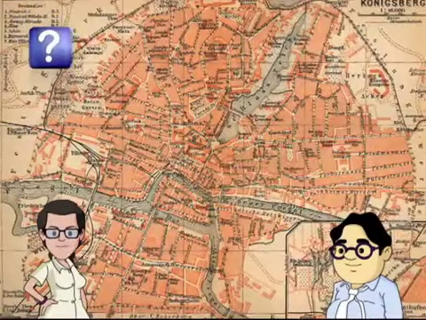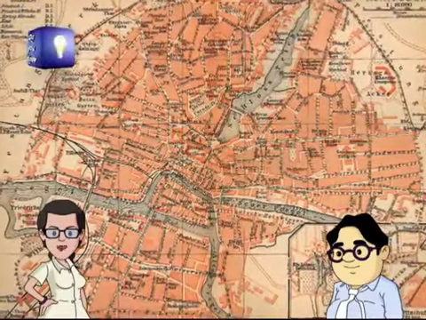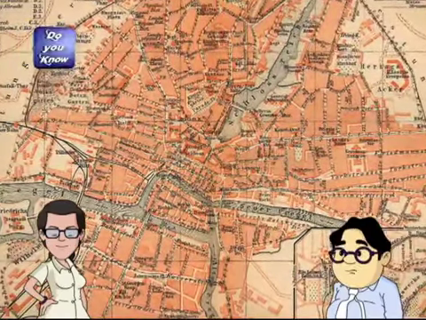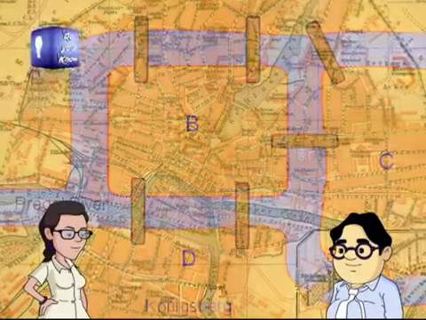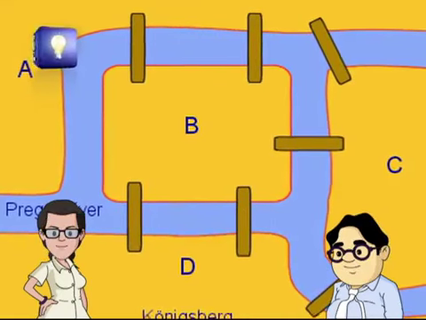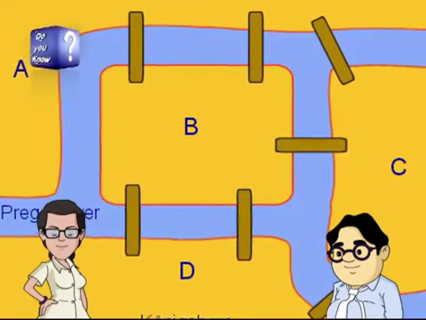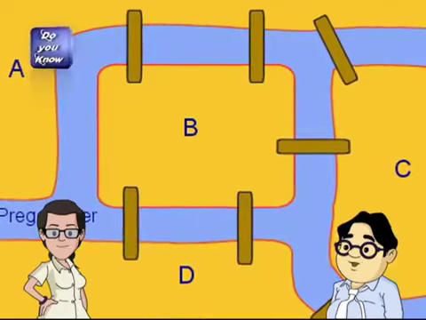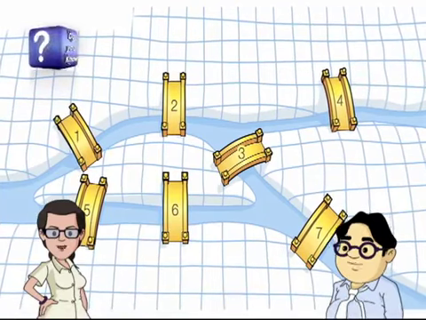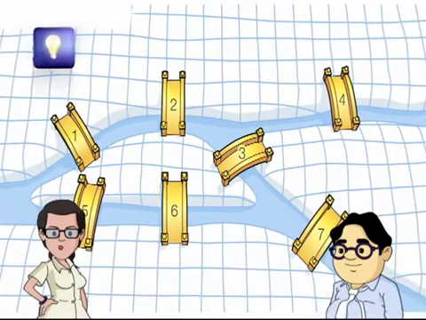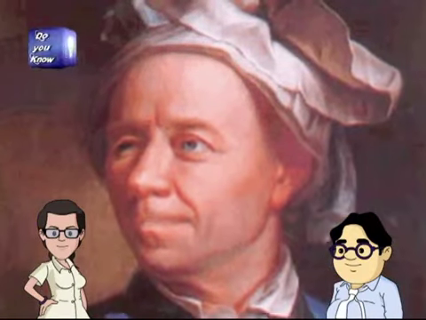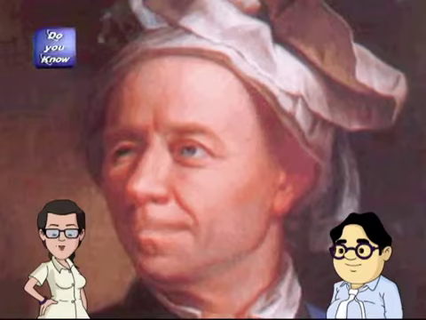Do you know that a problem related to a city named Königsberg in Germany laid the foundations of graph theory in the year 1735? The city is built around the junction of two rivers. 7 bridges were built to connect the parts of this city on both sides of the river for people's commutation. Some people tried to discover a path through the city which would cross all 7 bridges only once but never succeeded. Later on, this problem came to the notice of Swiss mathematician Leonhard Euler.